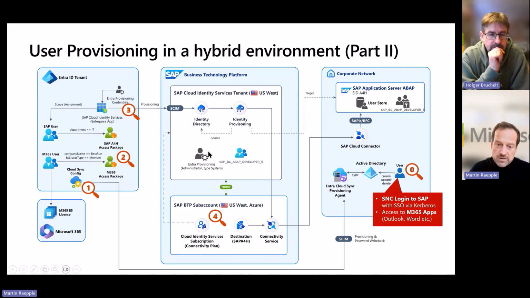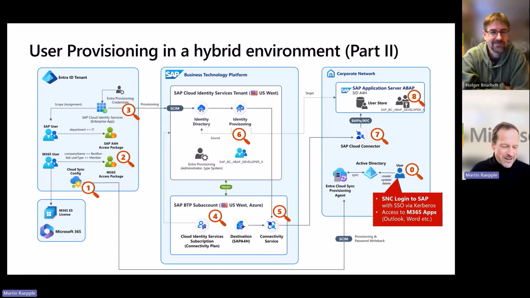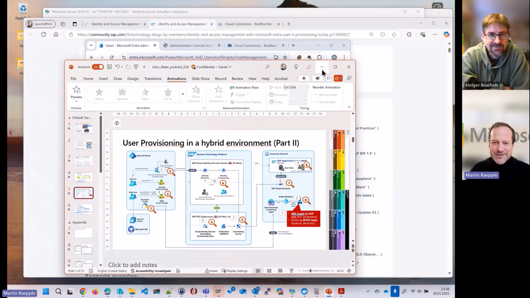We will then jump over to the SAP side, take a look at the setup between the cloud connector and the sub-account and the Cloud Identity Services tenant. Then we take a look at the cloud connector, the connectivity service, and the destination. And finally, I missed one step, so I need to work on my animation. So in between, we'll certainly also take a look at the identity provisioning setup in SAP Cloud Identity Services, just to take a look at the source and target definitions. Okay. Fantastic. Enough said, enough slides. Let's go into the system.